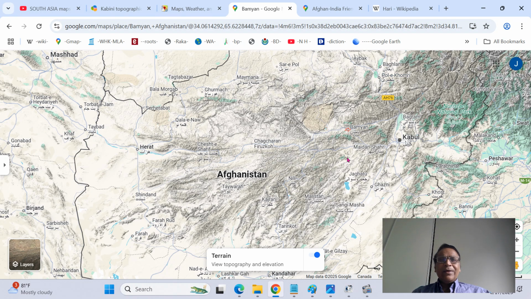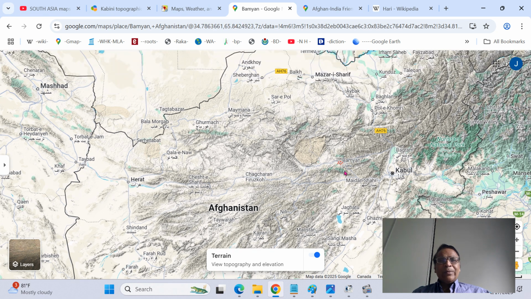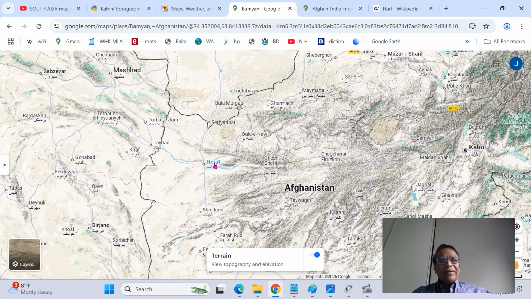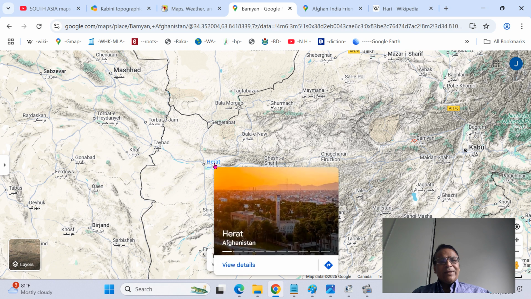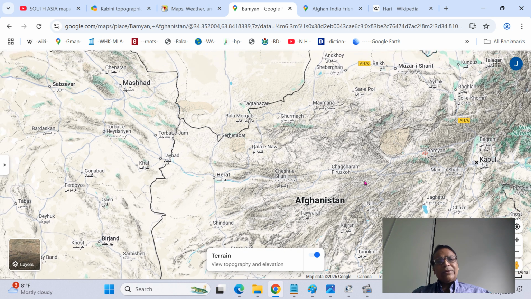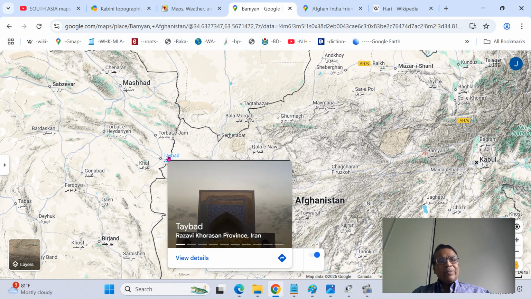So this is the Ghor province region. You can see these are the Hindu Kush mountains, and you can see the river winds through. It goes to the historic city of Herat. It was the popular city in the western part of Afghanistan during the winter time. This is the only city that the Afghans could go to in the northern part, long before the Russians made the Salang tunnel cutting the Hindu Kush mountains. So the Herat river goes to Taybad in Persia, Iran.